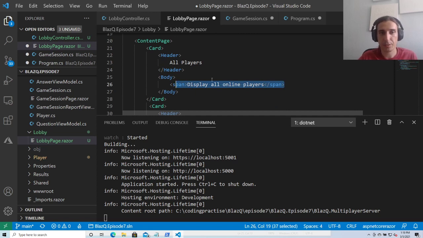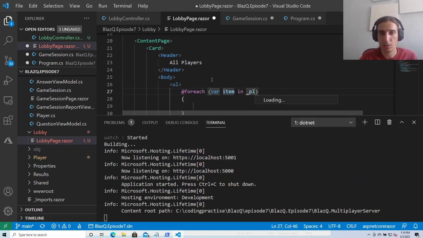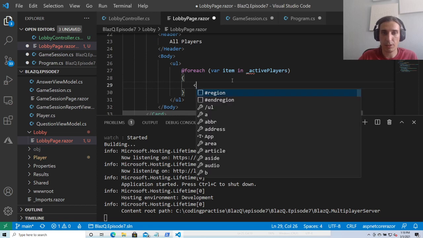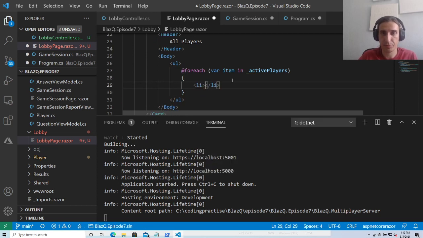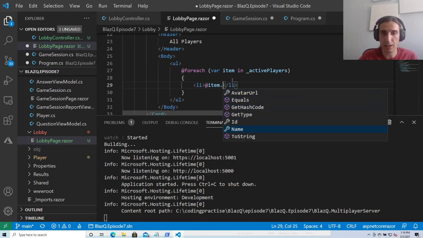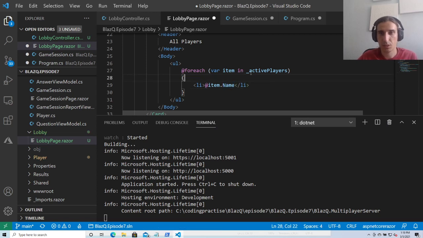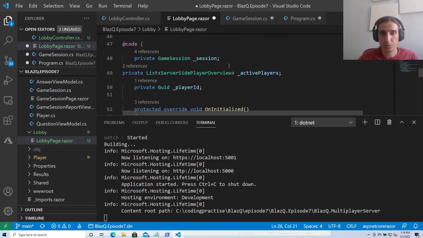So for all players, I create a list, and for each item in active players, I want to have a list item.name. And to prevent a null reference exception,